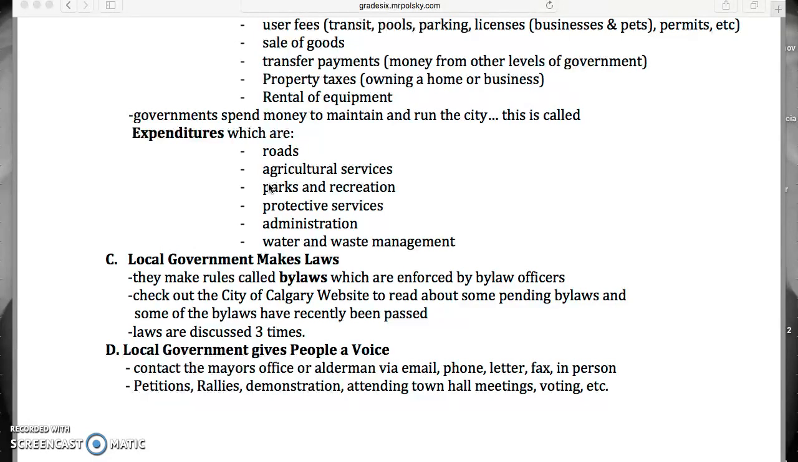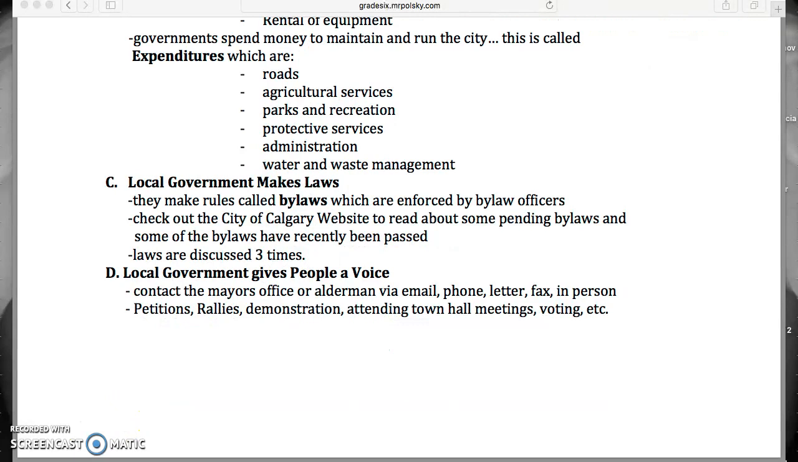We went and saw the Waste Management Center and how it was run. And you can imagine how much money is required in order for that to happen. So it's important that the government has money that they can spend on all these services. Local government is also able to pass laws, but these laws that are for a city have a special name